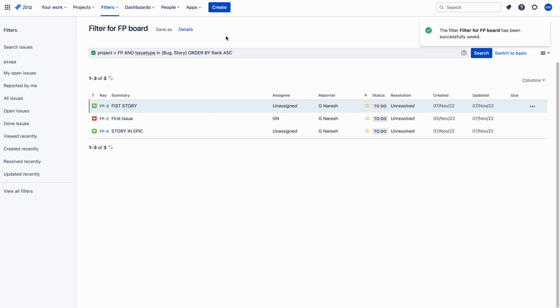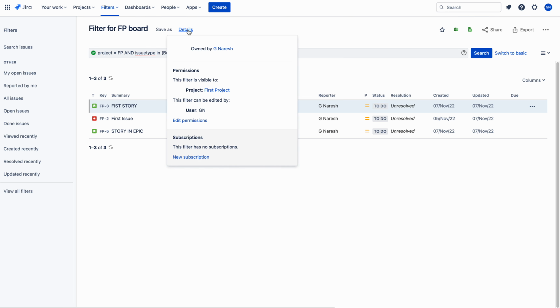So this is what editing the filter is. So as a board administrator or as a project administrator, I can edit the filter for me. And as a backup, GN also can edit this for me, because if you click this details button,